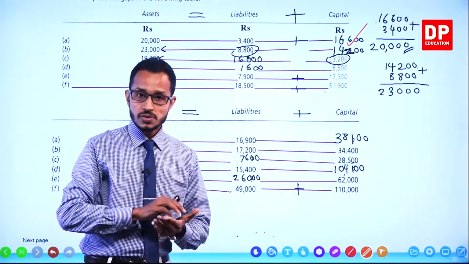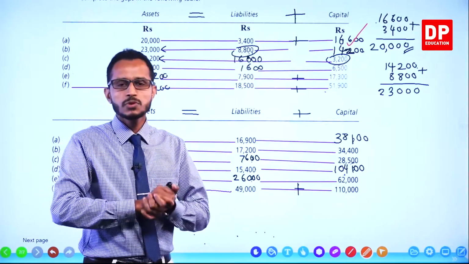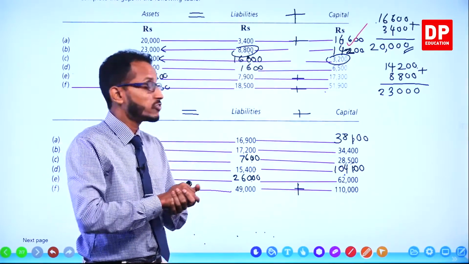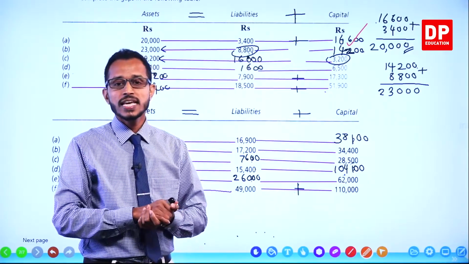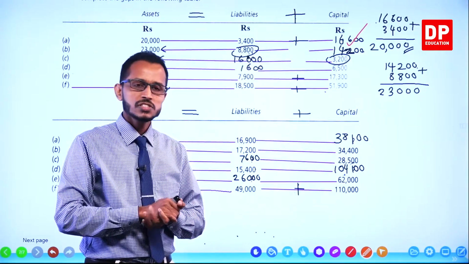So with that, children, we wind up today's session. This is Unit 5, Accounting Equation. First session